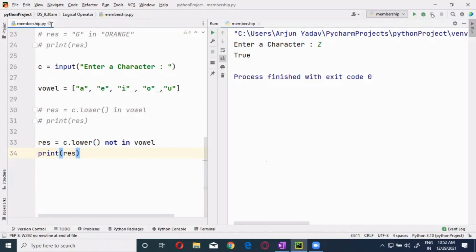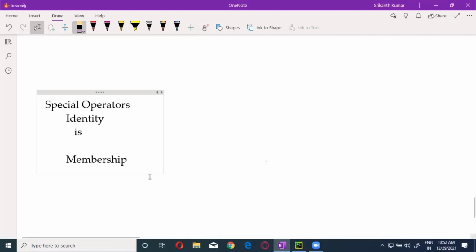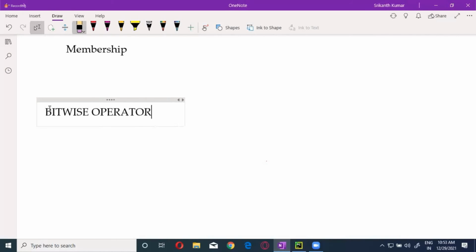There is something called the bitwise operator, guys. Bitwise operator. Okay.